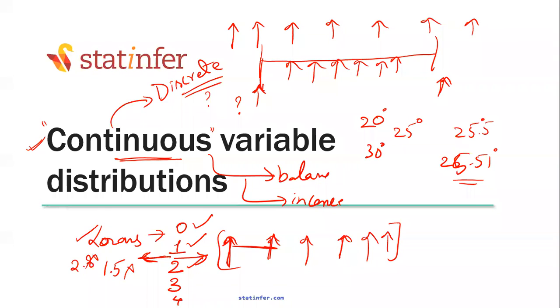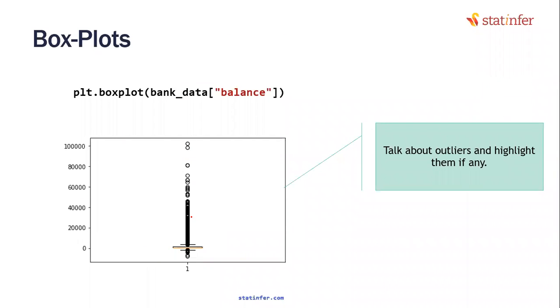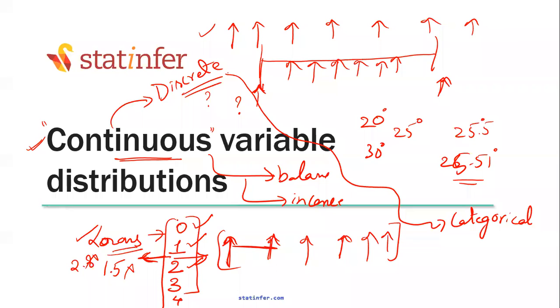So there is a different way to handle the discrete variables and a different way to handle the continuous variables. Within discrete variables, there is another type called categorical variables. Now the number of loans and all that, they are ordinal. You can put them in an order, like one lesser number, one higher number. Categorical is a slightly different one. Categorical variables are also discrete, but they are slightly different. You cannot actually order them.